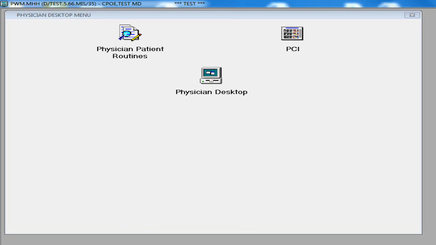For those physicians that are married to PCI, as you can see on my desktop, I do still have PCI, and you would be able to sign through that. What you will find is that the orders are very difficult to read, so we're strongly encouraging everyone to use